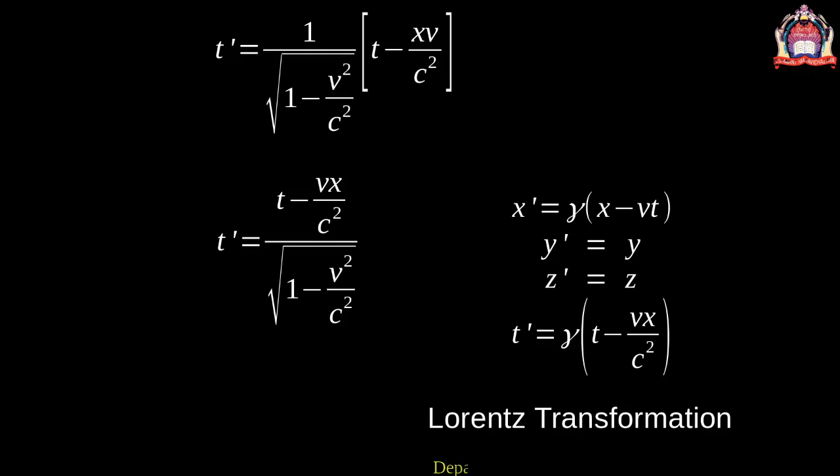Thus we can say that the Lorentz transformations hold for all velocities, while the Galilean transformation holds only for low velocities. Consequently, the Lorentz transformations are superior to the Galilean transformation. So these are the Lorentz transformations compared with the Galilean transformation, and I hope you understand the set of Lorentz transformation and Galilean transformation equations and the comparison between the two.